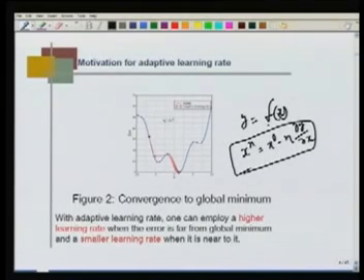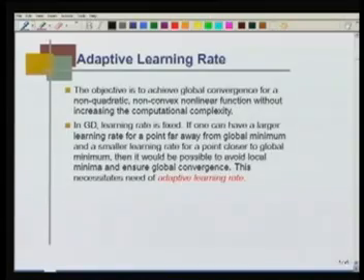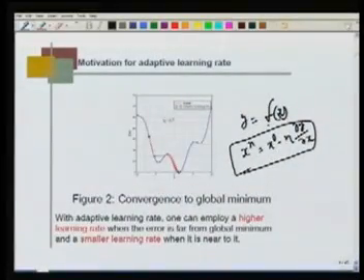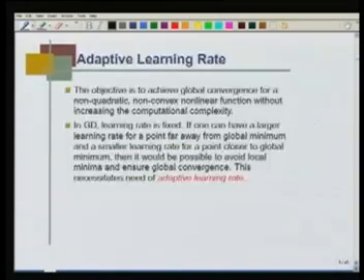So, there are certain heuristic methods people have tried, but today we would like to give a comprehensive approach to compute this adaptive eta, such that even if I start from an initial weight which is nearer to a local minimum, I can still reach the global minimum. That is the objective. The objective is to achieve global convergence for a non-quadratic, non-convex, nonlinear function without increasing